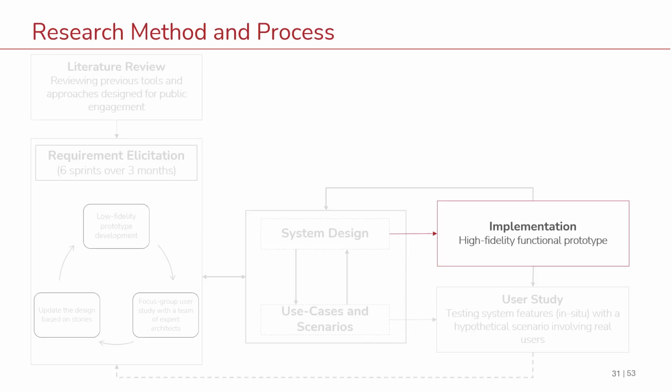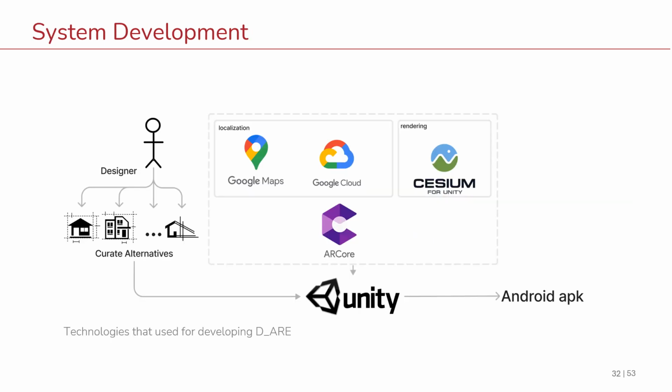Next, it was time to code. I implemented the high-fidelity prototype of DR by integrating 4 core technologies. Google Cloud and Google Maps are used to locate and visualize the design form in situ. For precise location tracking and view identification, I incorporated Session, which is linked with ARCore, and finally I use ARCore for rendering the form data in their actual context.